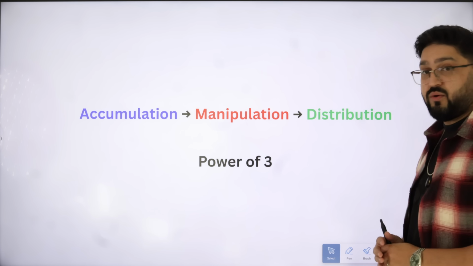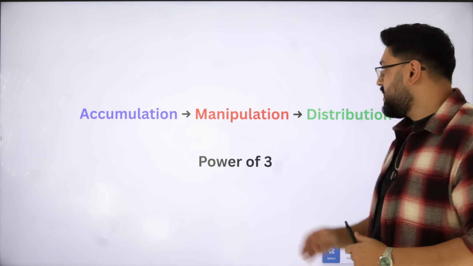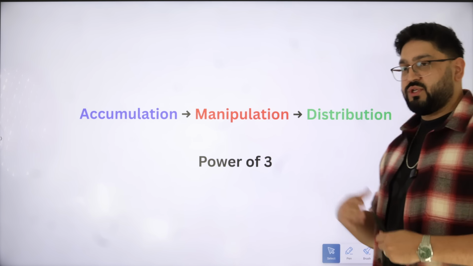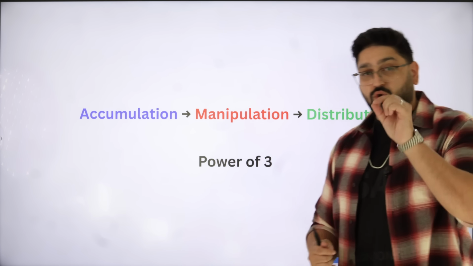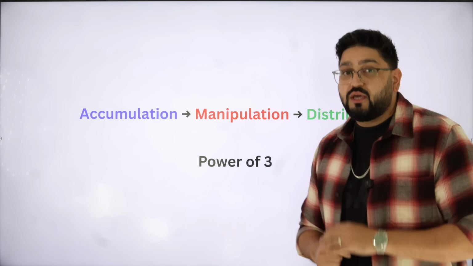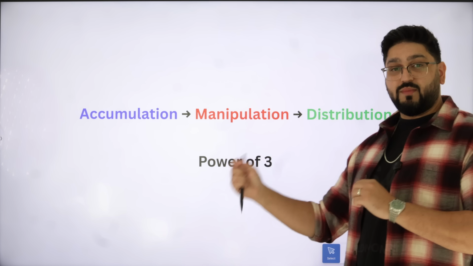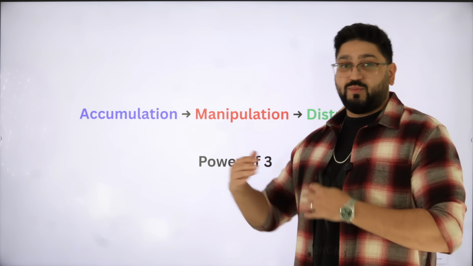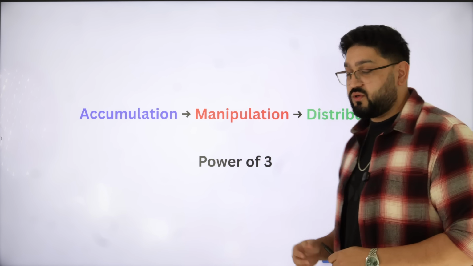Let's take the Power of 3 model, for example. It's very simple. We have accumulation, manipulation, and distribution. And this process repeats across all markets and timeframes. Your job is to align with it. Just because price drops below the opening price at 12 a.m. doesn't automatically mean that you buy it. And just because it runs above the opening price doesn't automatically mean that it's a short.